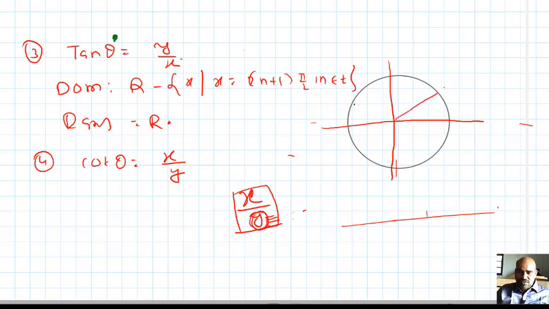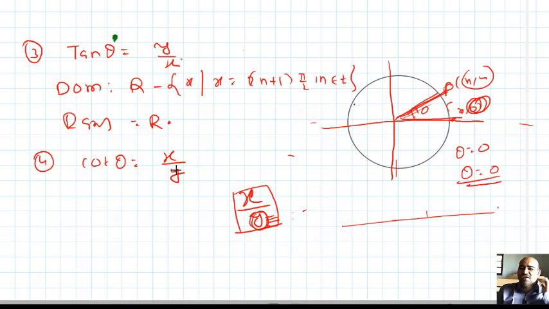I will show you. For example, this is P, (x, y), and this is theta. Now if your OP is on the x axis, theta becomes 0. In this case, the point becomes (x, 0) only. So y equal to 0. If theta equal to 0 degree, y becomes 0. That means cot theta is not defined.